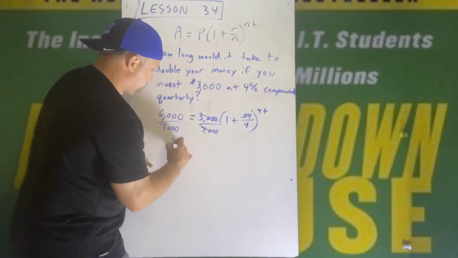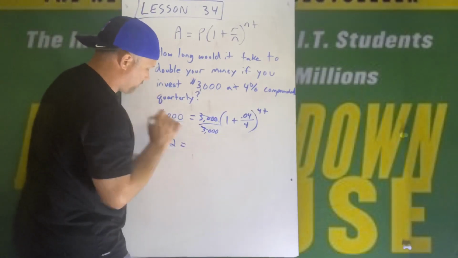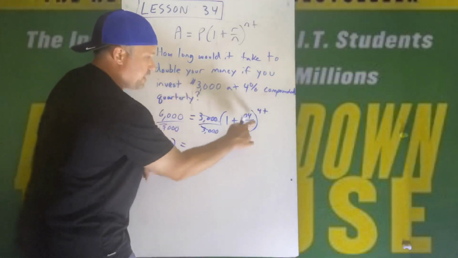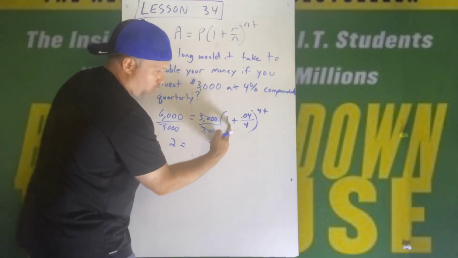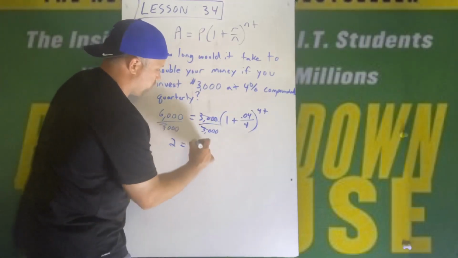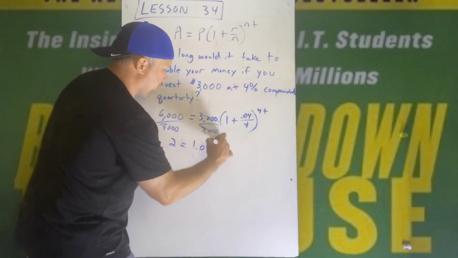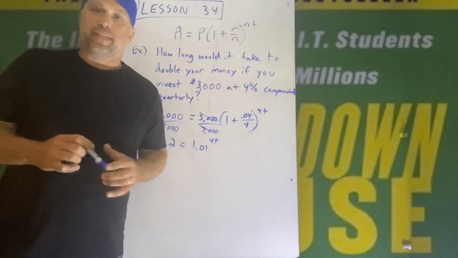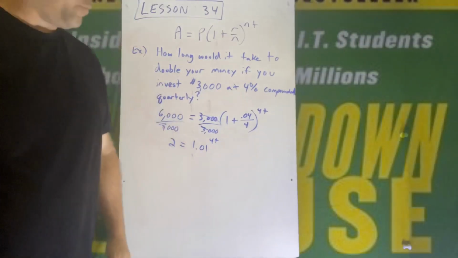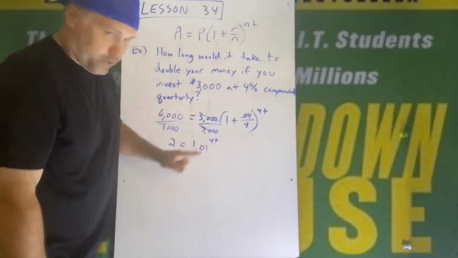And that's going to give me a 2 over here, because 6,000 divided by 3,000 is a nice even 2. I'm going to go ahead and clean that up too and add those all up. If you take your calculator and do 1 plus 0.04 over 4, you do get 1.01, and that's being raised to the 4t. So now here comes logarithms, because remember, if we're trying to solve for an exponent, we need